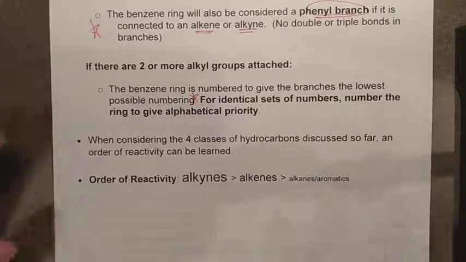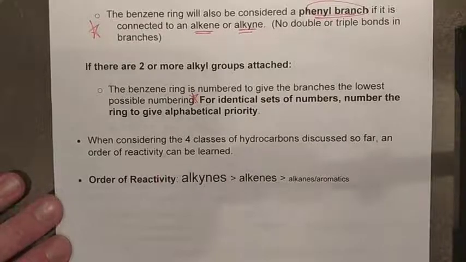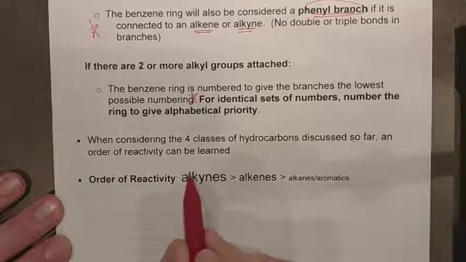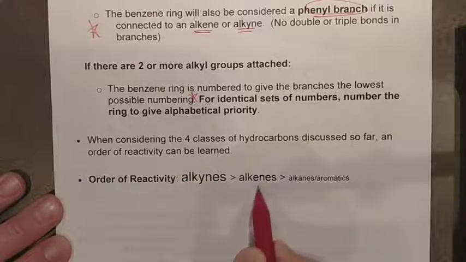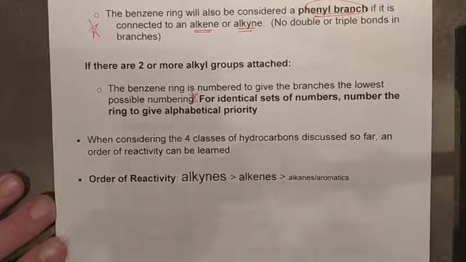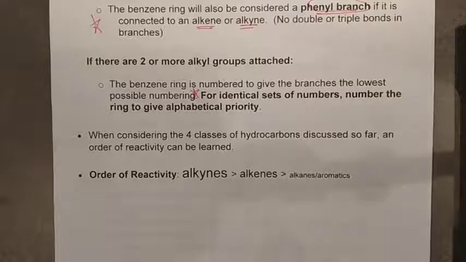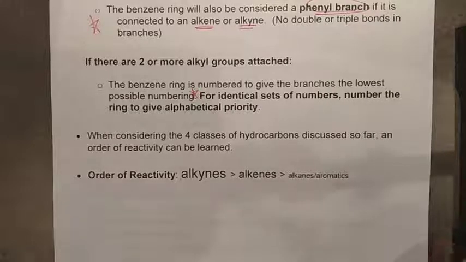So we've now considered 4 classes of hydrocarbons as we look at this, and we have an order of reactivity. Alkynes, with the most space within them, are the most reactive, followed by alkenes. Alkanes and aromatics offer a similar reactivity. Okay, so that's a bunch of our theory around this. What we need to do is now just get back to our naming practice, and we will do the nomenclature of these aromatics on the next video.